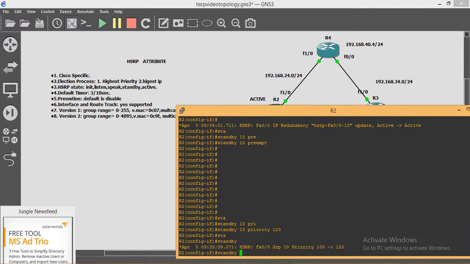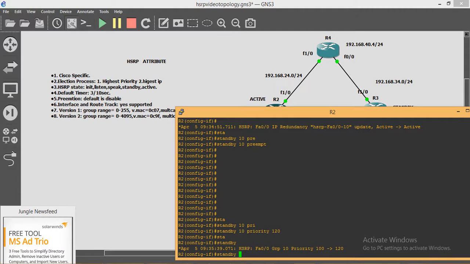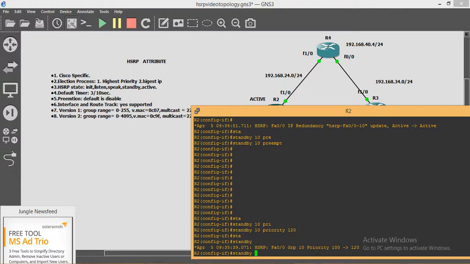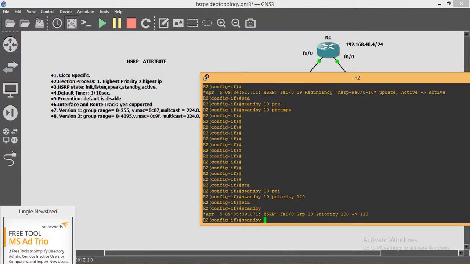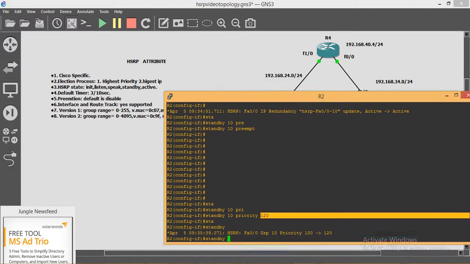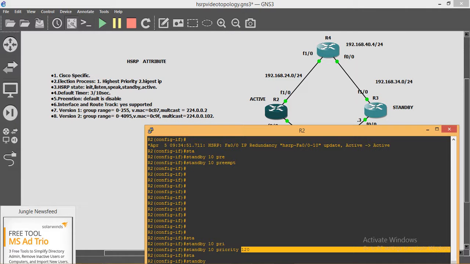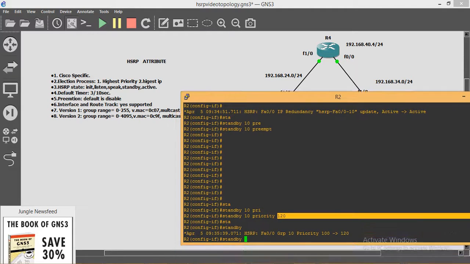Next task, as I said, I also want to track this interface. If that is down, traffic should move to your standby router 3. So what value do I need to set, because by default the decrement value is 10. If in any case the link is down, that value must be subtracted from the configured priority. So I have 120. If I set the value at a minimum of 21, it will be lower than the default value, which is 100. Router 3, which is acting as standby, needs to be configured with the default value,